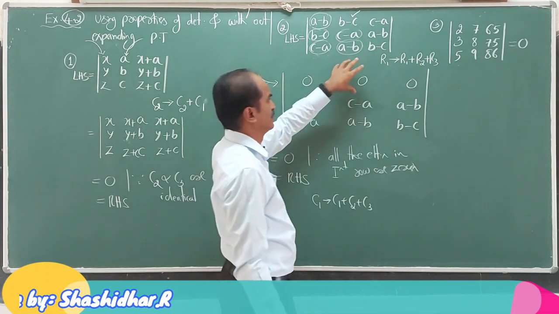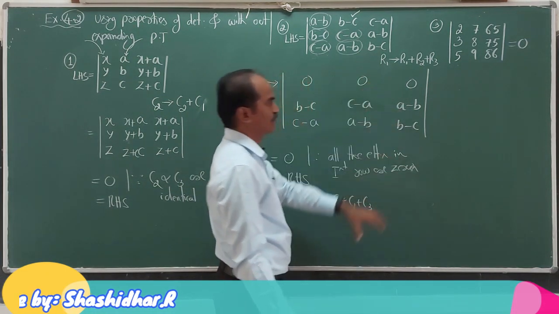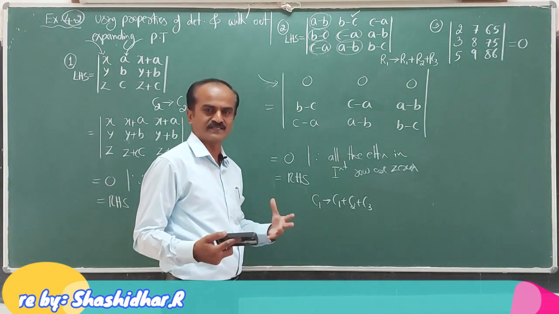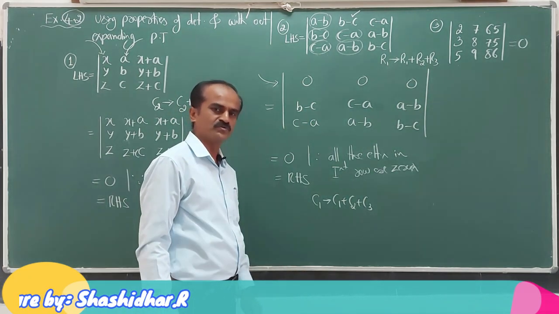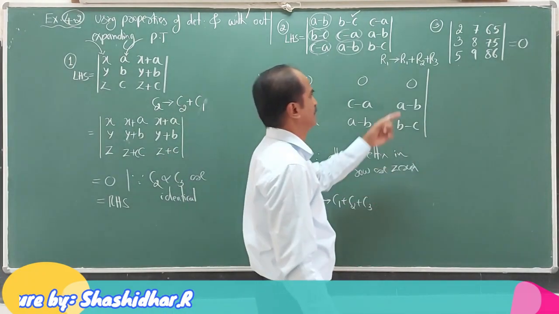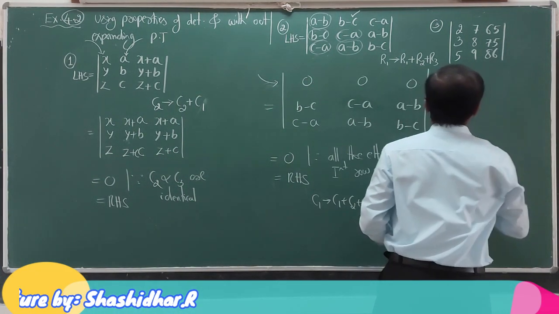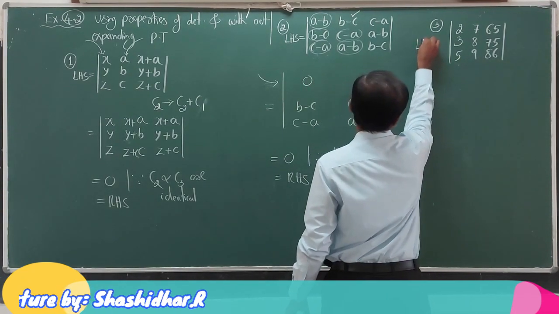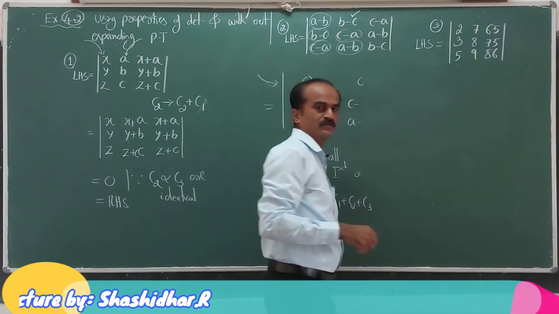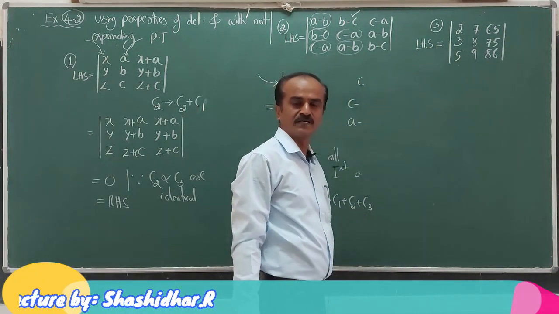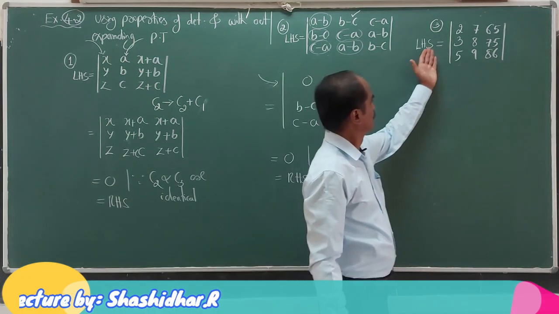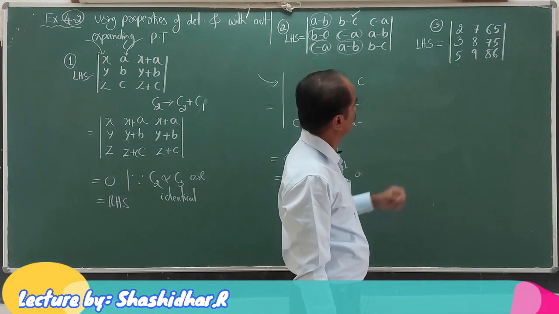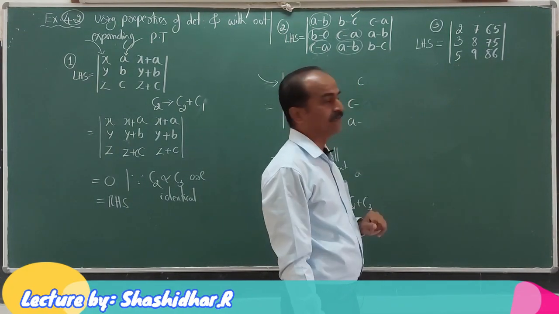No restriction that you had to compulsorily write R1 changes to R1 plus R2 plus R3. It depends. If you look at in other ways, other ideas, you can definitely use those ideas to solve the problem. Next, in the third question, again required to show that its value is 0. Now they are given numbers. Not any row or any column contains all elements zeros. Not even proportional, not even identical.